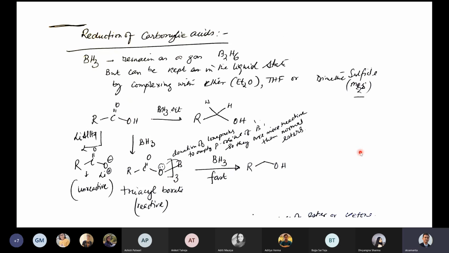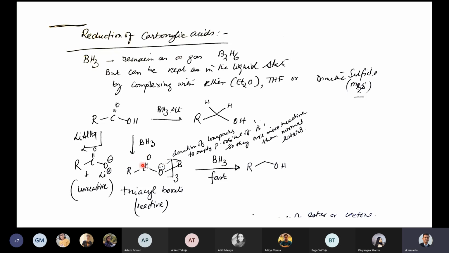Sir, please explain the last step. Okay, so after you form this one, formation of this is very clear, right? Just 3 molecules of this react with this to form this one. Now when it forms, this bond now becomes weak, because the boron oxygen bond is very strong, because the oxygen lone pair would like to be donated towards the boron. So this bond becomes very weak. That is why it's called triacyl borate. So this part is coming from the borate and this is the acid.